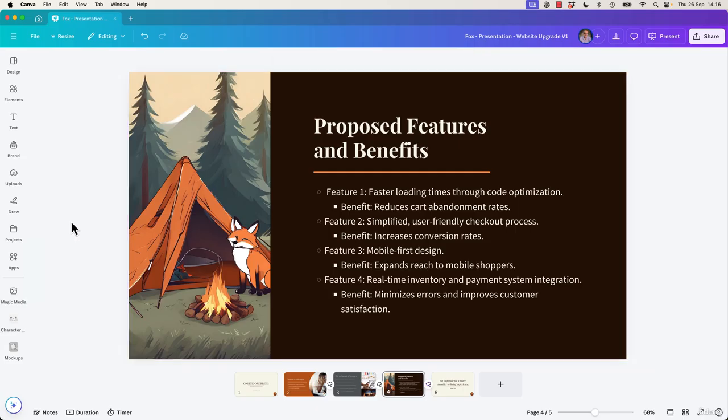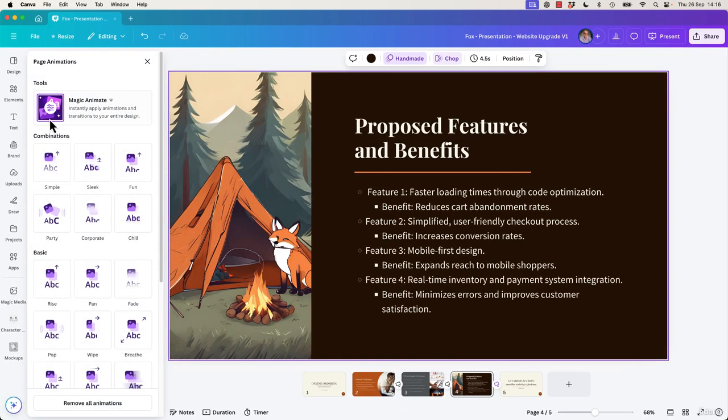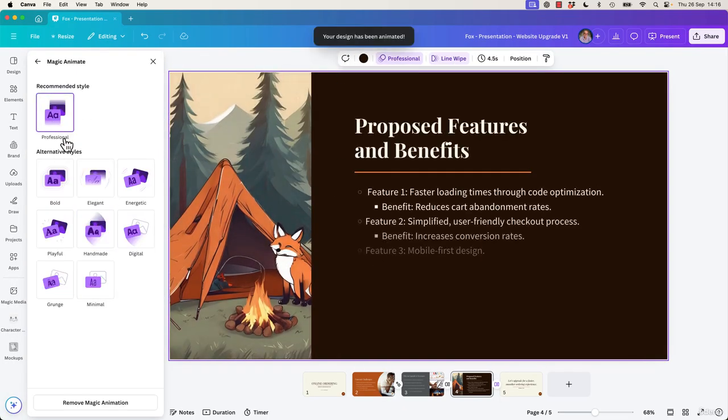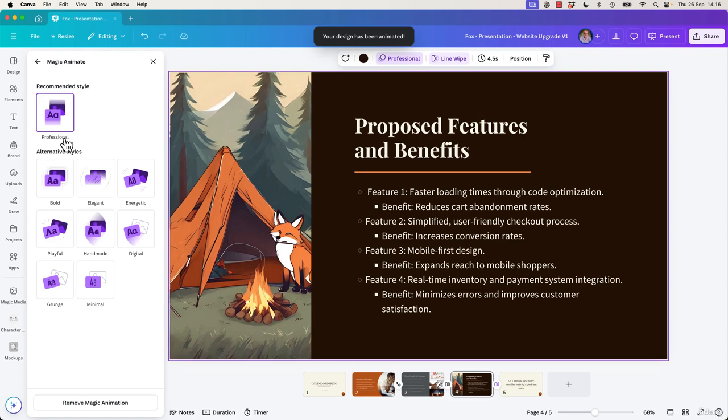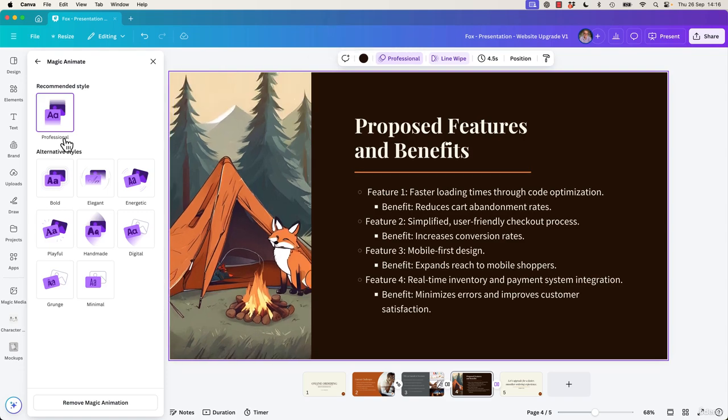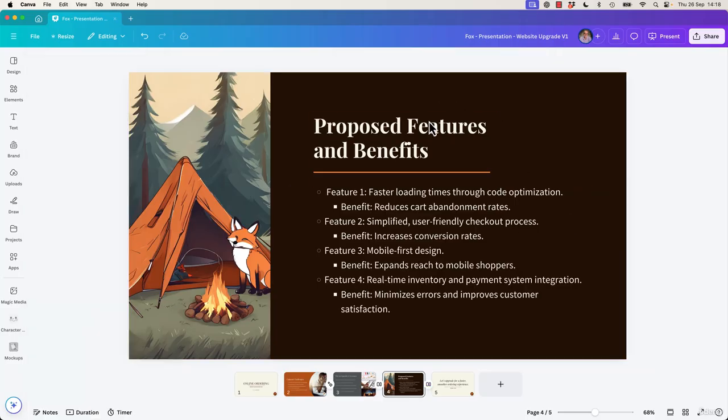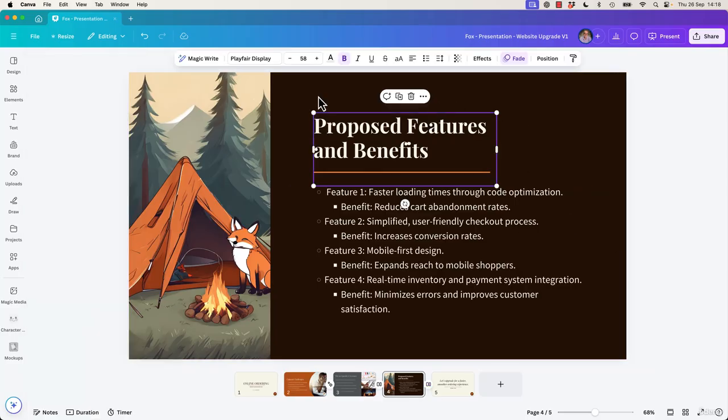It was kind of cool when I first used it. The professional one, just like throw the data in, get some layouts going, use the Magic Animate and keep it at professional. Okay, and I don't know, things just look good, super quick, and that is the kind of real big benefit of using Canva. You can do things, get it on brand, get it out to your client, and look like a superstar super quick. Now remember, this can be applied to, we're doing it in presentations at the moment because it's quite appropriate,